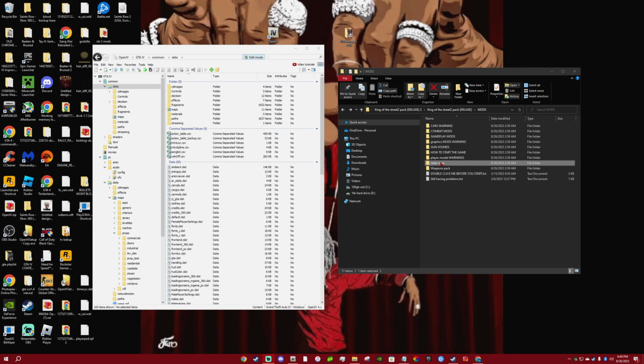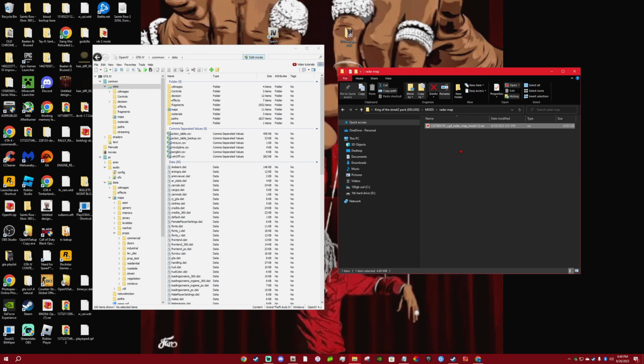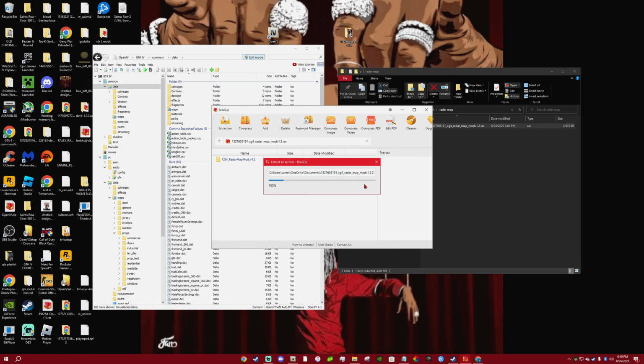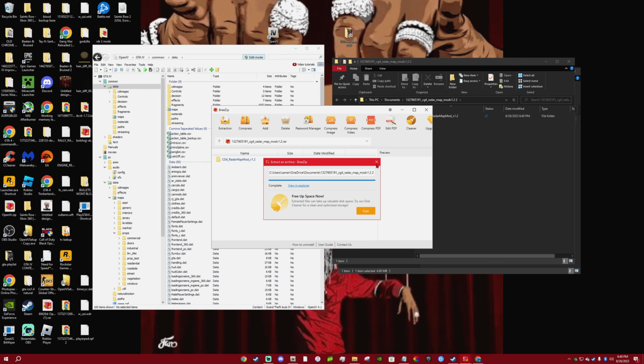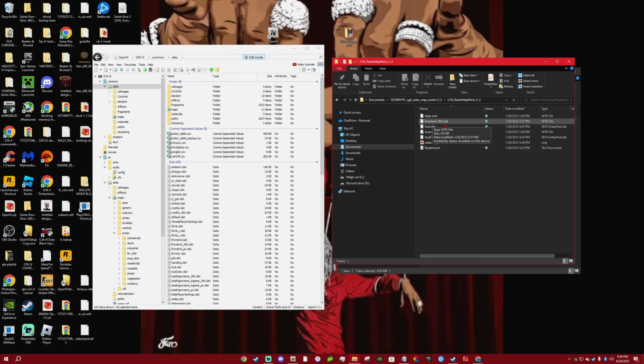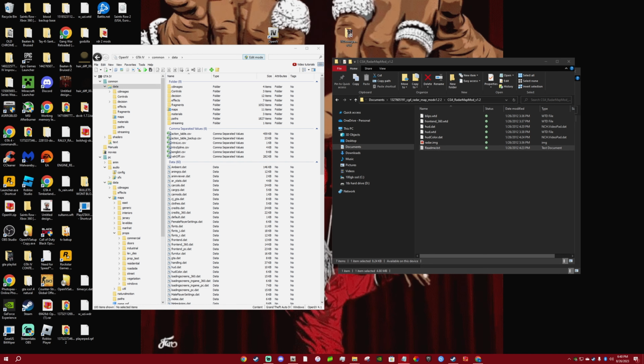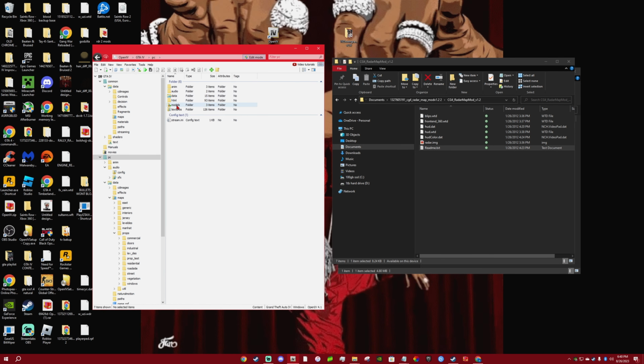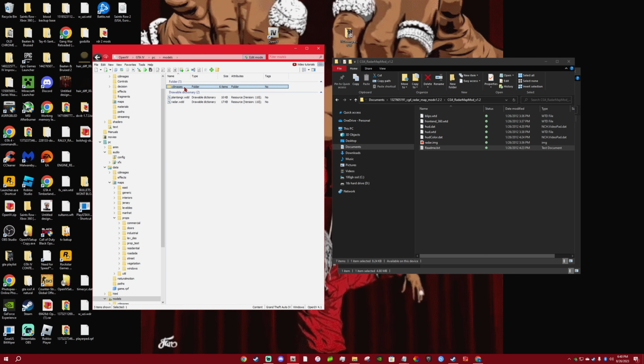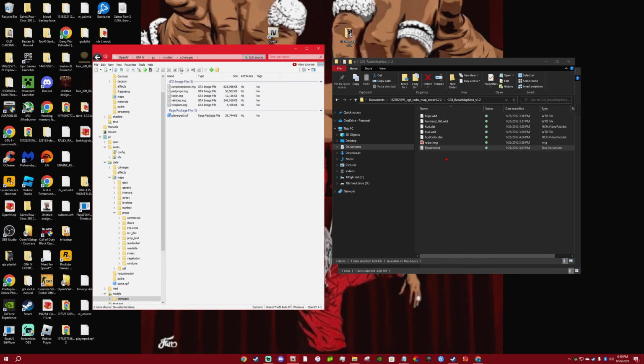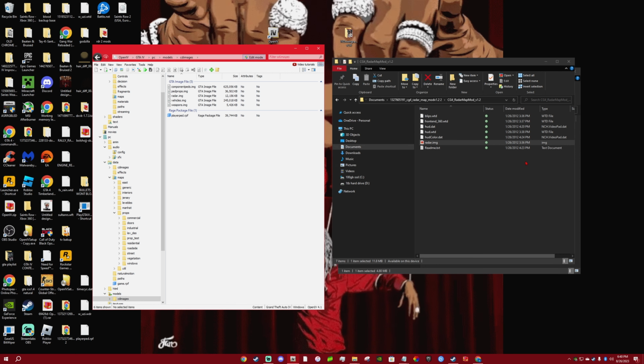Okay, now let's do the radar. Go in, right click, of course, and extract the radar. Double click it. Let's open up the README to see where we go. You want to go over to PC, models, CD images. That is going to replace the radar IMG right here. So you want to drag and drop radar IMG from the directory over into OpenIV.